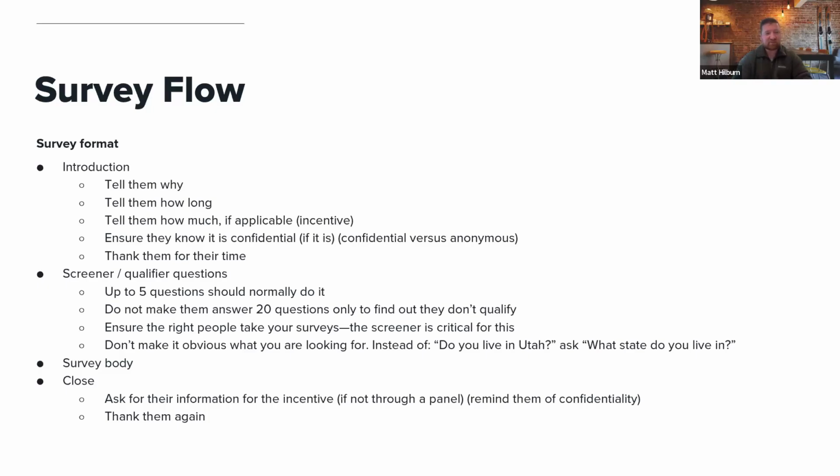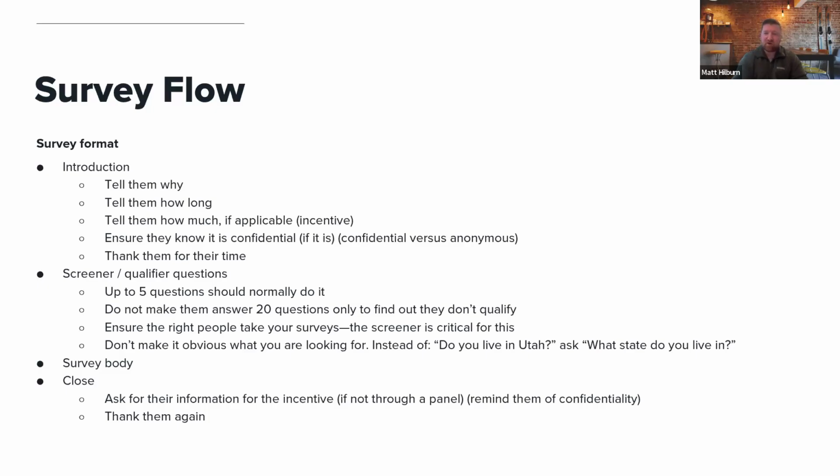Okay, so then the next section after the introduction is we need to have a really robust screener section. This is another thing that I see people do either really poorly or miss altogether. And this is a really, really important part of your survey. So this is the place where we make sure we're getting the right people to take our survey. And again, if you're sending this survey through a panel company, then you've already done some work to predefine who the audience is. The survey is only going to that predefined audience, or perhaps it's all of your customer base. And in that case, hopefully, everybody's getting the survey that's supposed to be getting it.